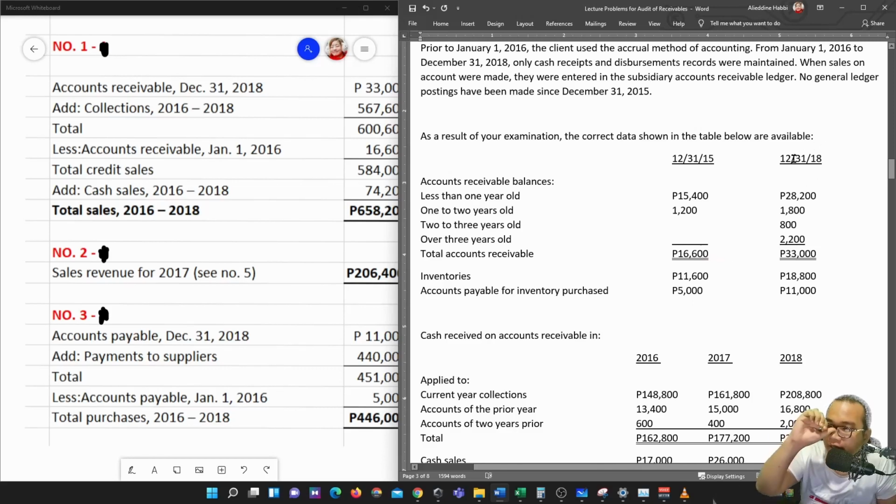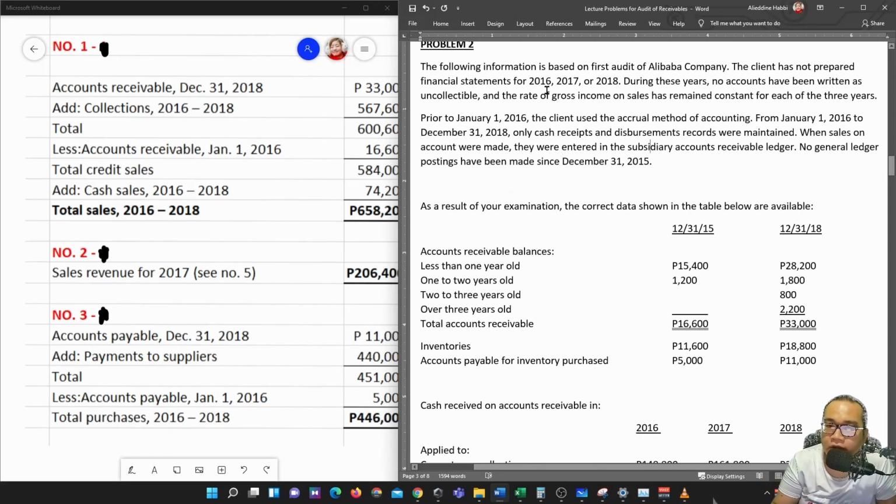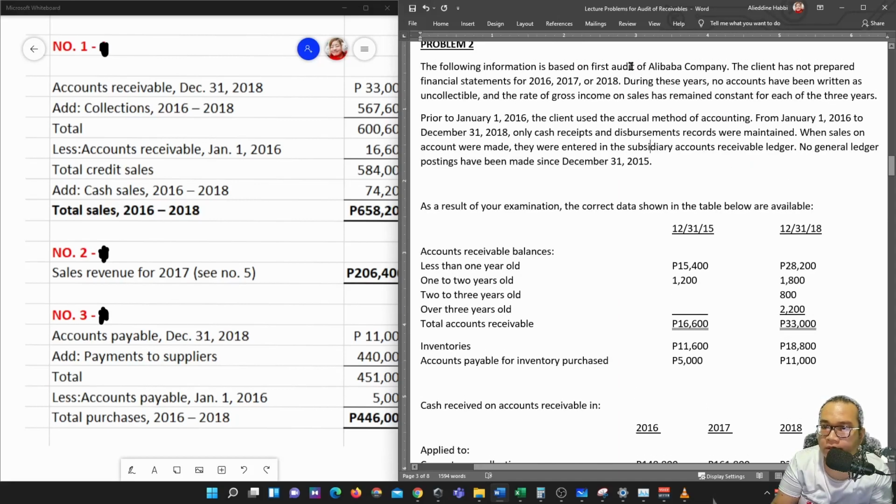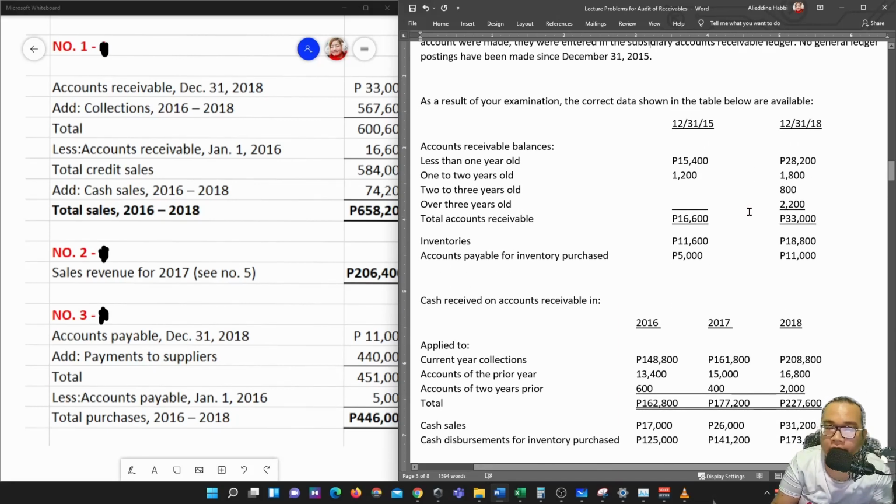Ito naman, for the year ending 12/31/2018, kasi nga wala kayong record from 2016, 2017, 2018. Wala kayong FS, kasi first audit. Ganyan talaga yan. Pagdating sa audit, yung mga first audit, masyadong magulo yung mga working papers dyan, mga evidence. So, with that, dito, accounts receivable balances less than 1 year old,